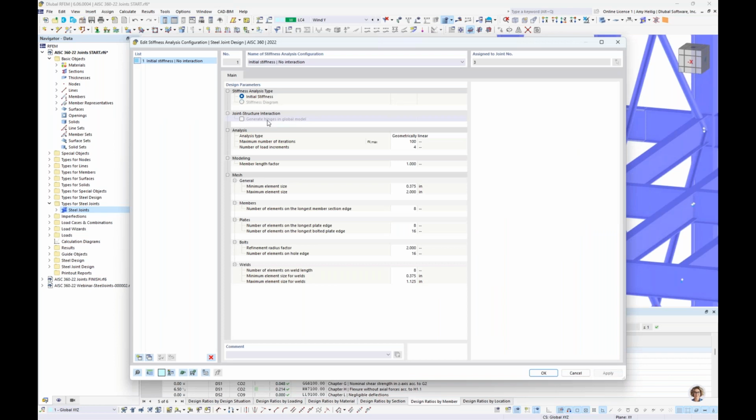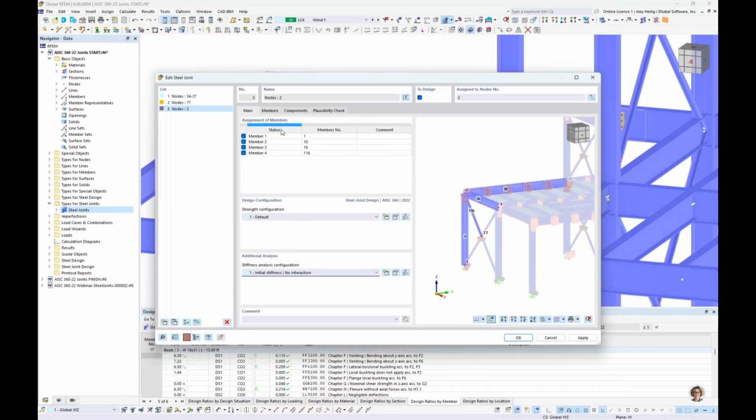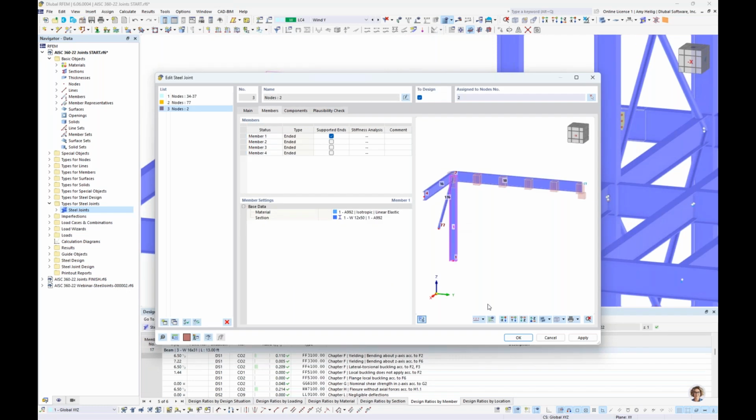Out here, and that's just simply because they are still in work, but they should be available in the coming weeks. In particular, the ability to export this stiffness back into the global model automatically. Because we have activated this under our second tab for our members here,